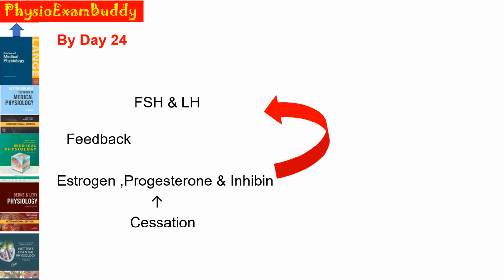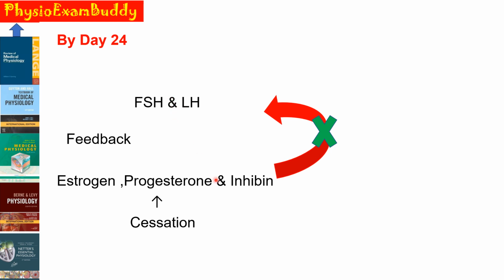no fertilization. So by day 24, what happens is that normally the FSH and LH secretion results in the formation of the Graafian follicle as well as the corpus luteum, and the corpus luteum will begin to secrete estrogen, progesterone and inhibin. But by day 24, this corpus luteum will be converted into corpus albicans. So there won't be any secretion of the estrogen and progesterone as well as inhibin. Normally, when there is an increase in the estrogen, progesterone and inhibin, it will cause a negative feedback inhibition of the FSH and LH from the pituitary.